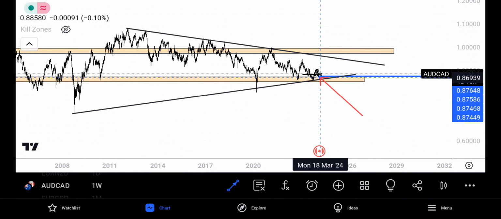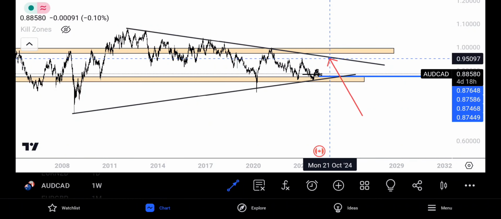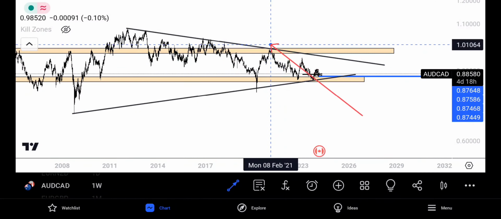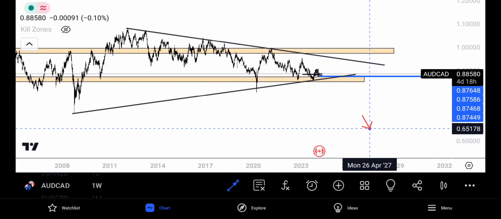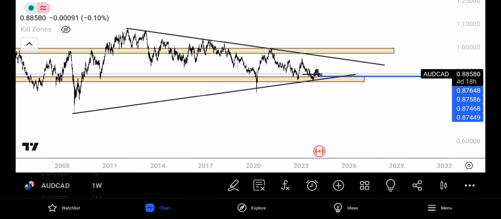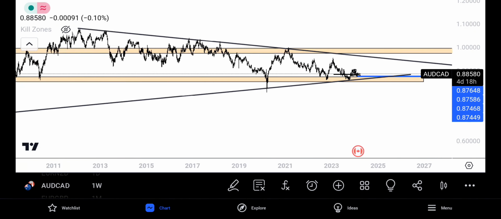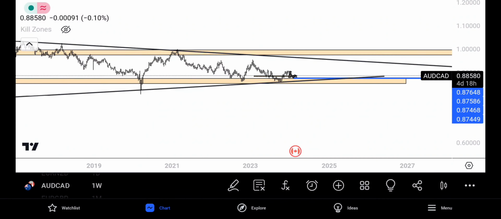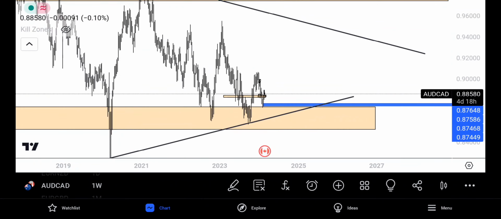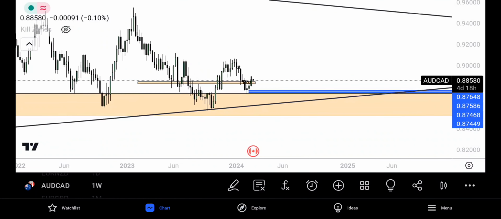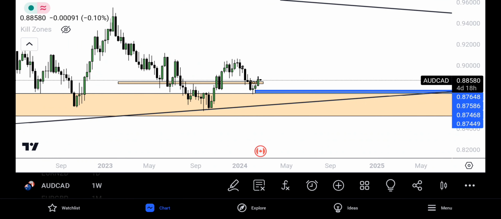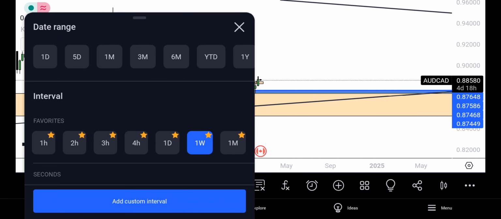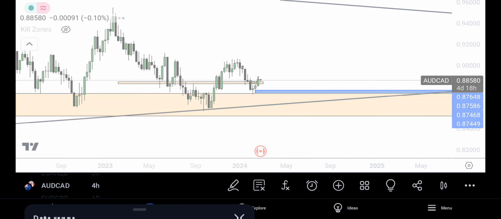Now we are on the support level again, right? And I feel like price really wants to come back at least to tap on this bearish trend before going down. But this is just based off of historical price movement, right? So this is what we're looking at on AUDCAD, and if you look at this from the 4-hour time frame,